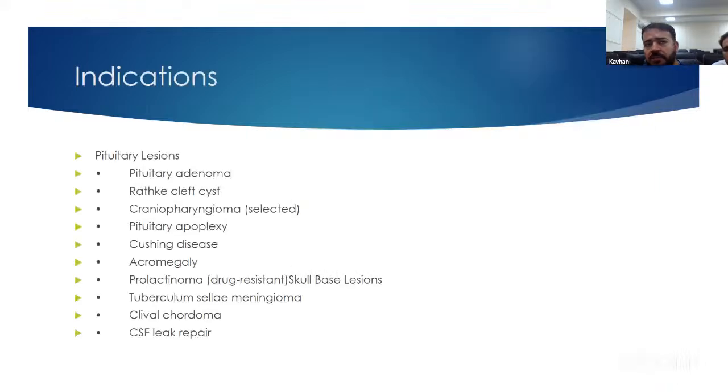Now, what could be the indications for pituitary lesions to do endoscopic intranasal surgery, and in which condition can we select the patients? Especially all pituitary adenomas, but not limited to them. If the tumor is too wide, a cauliflower tumor or three-dimensional tumor, we can go for surgery, though it's very difficult for a neurosurgeon. Rathke's cleft cyst can be done. Craniopharyngioma, selected. Sometimes you can do pituitary apoplexy, Cushing disease, and acromegaly. And also prolactinoma that is drug-resistant, skull-based lesions, tuberculum sellae meningioma,